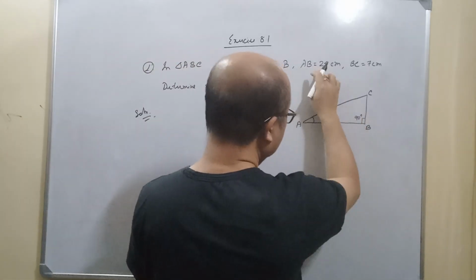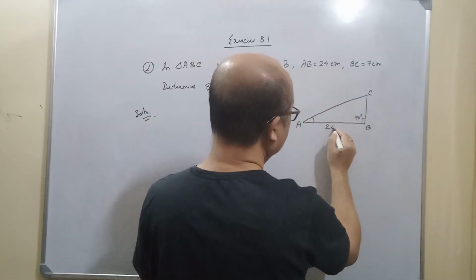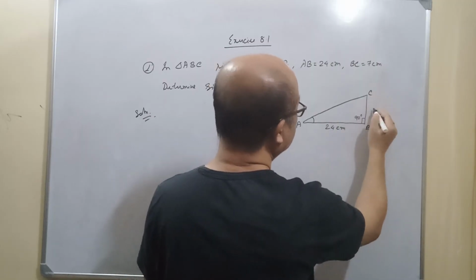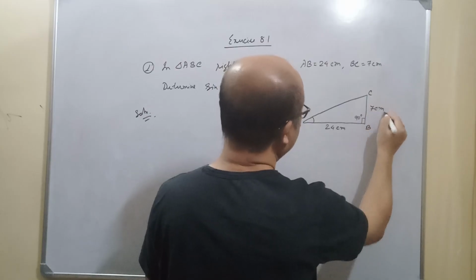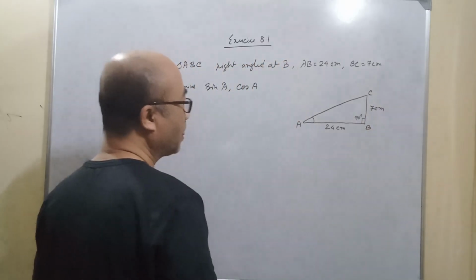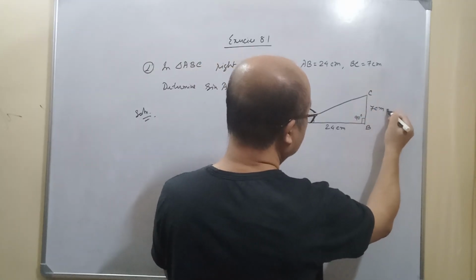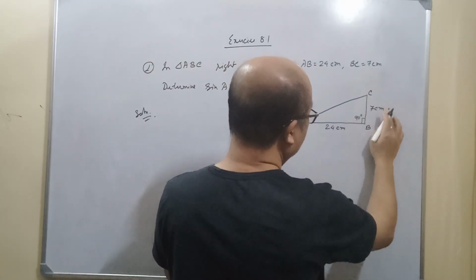AB is 24 cm and BC is 7 cm, and this side is also the